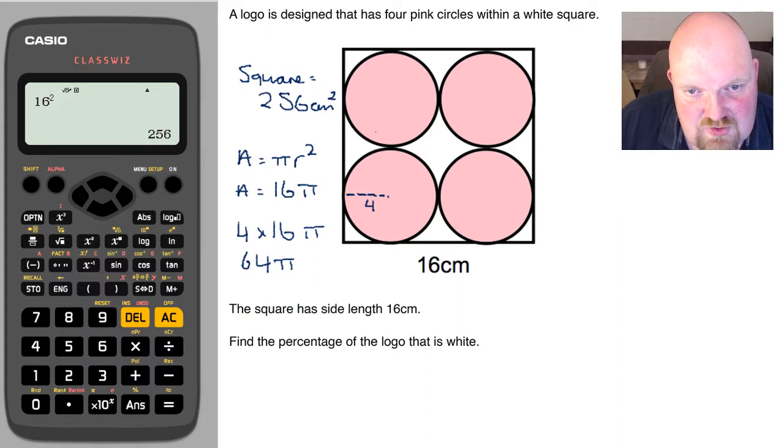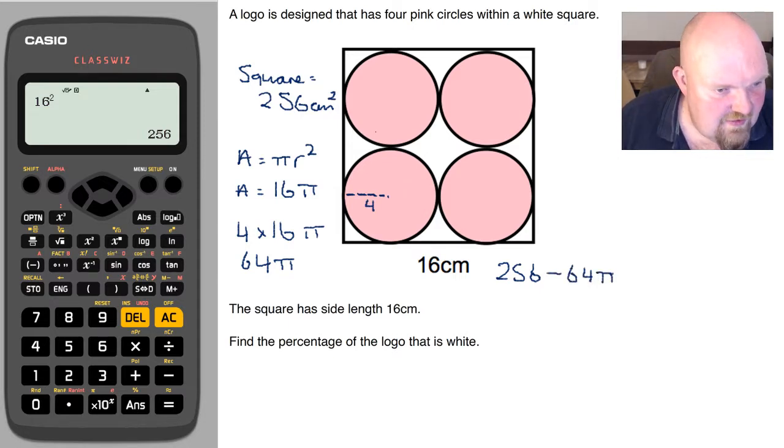Okay, so I can then say that the area of the white, as can be seen, is 256 subtract 64 pi. And if I pop that into my calculator, 256 take away 64 pi gives me